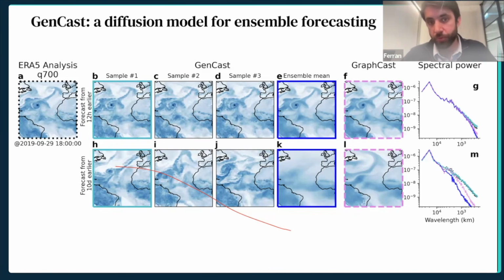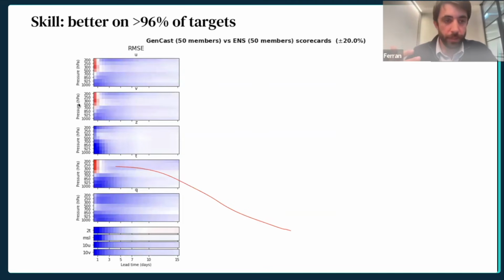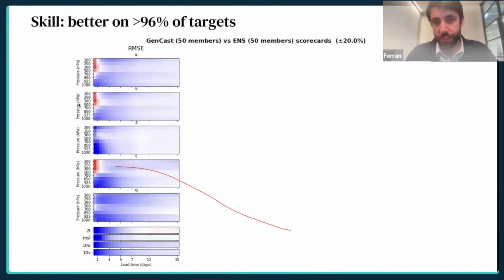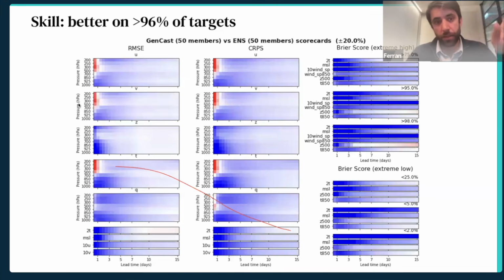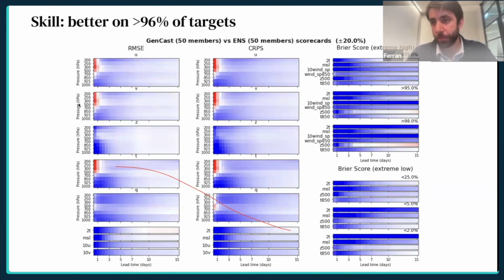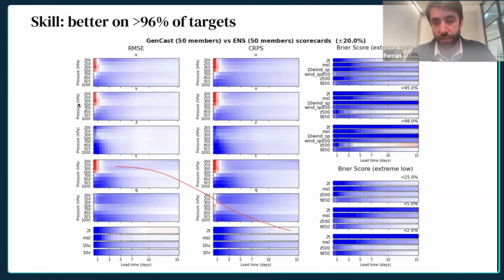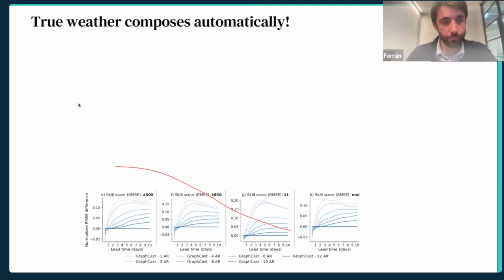And this can also be observed in the spectral power, which I'm going to talk about in a minute. We can compute either the MSE metric or the CRPS metric, which are different metrics on how to evaluate the ensembles. The first one is more deterministic. The second one is more probabilistic, and same with prior scores. And basically, on most of it we beat the best physics model in the world. Still at one degree of resolution, but it's very promising.